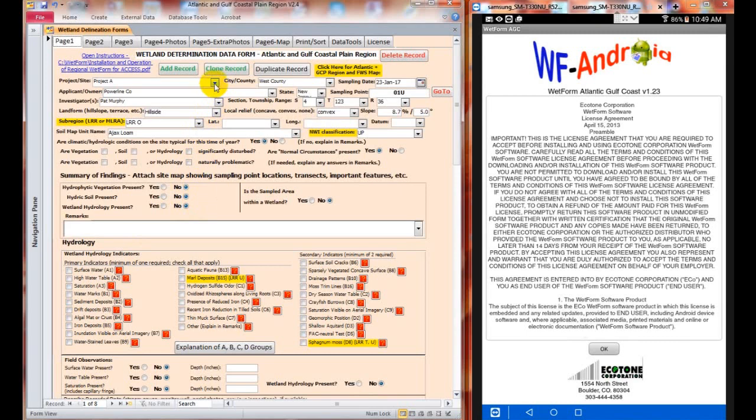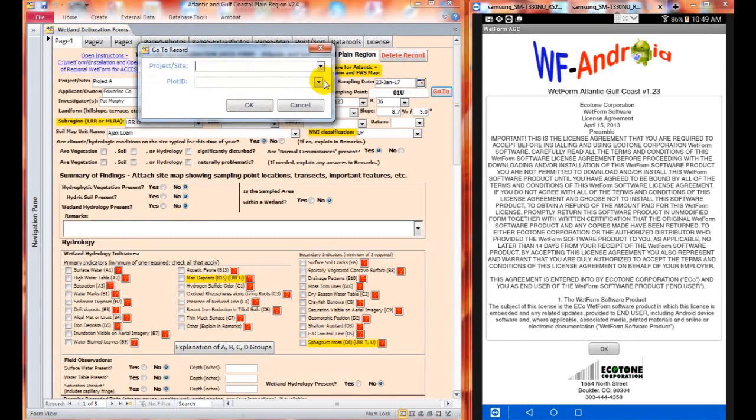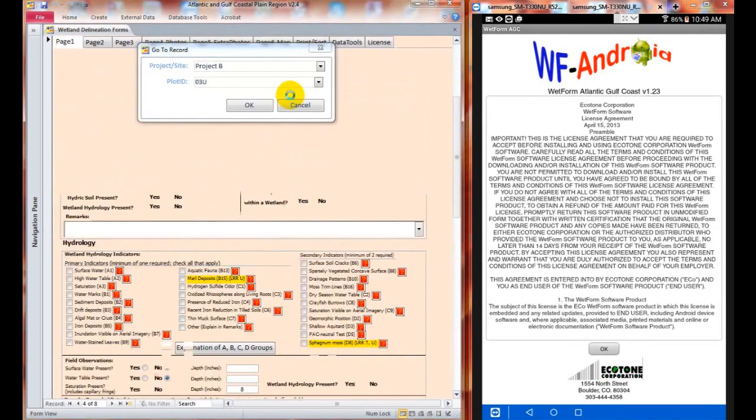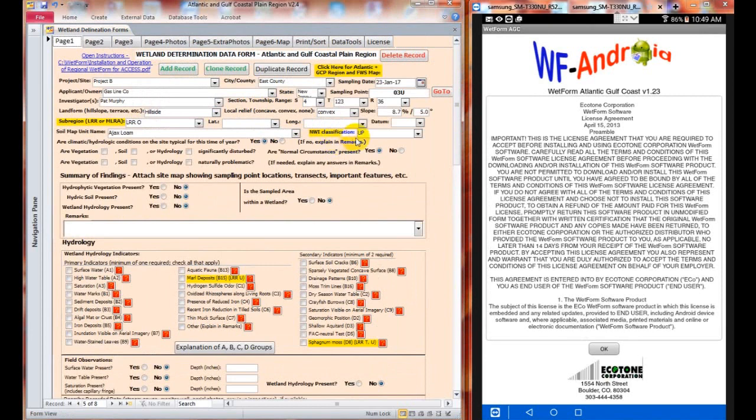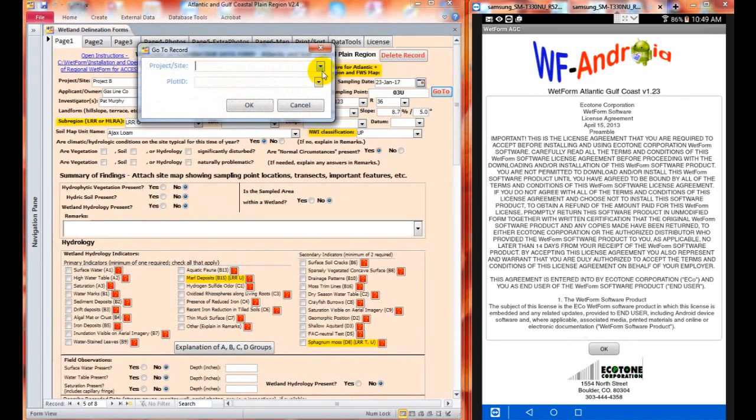Now what you can see here is that you can have multiple projects and multiple samples. If I click this Go To button, I can pick a project and then it'll filter out all of the samples associated with that project, and then I can move directly to that one particular sample. Okay, so let's say I want to go to project B and I want to go to sample 3 upland, and that's where I'll be located. So let's go back to project A, the upland sample,